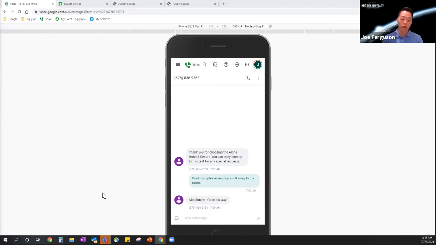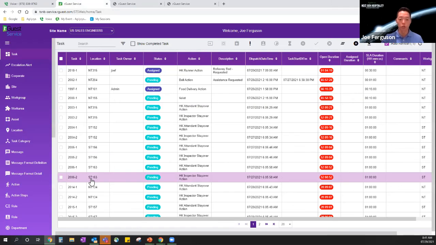So far in this scenario, we've sent that automatic text to the guest, and the guest is responding back to ask for a rollaway. And the business is now taking that request and said, absolutely, we're going to respond back to the guest. But now we're going to fulfill that request using our guest service and with LMS or Agilysys Stay or Visual One. So here, as I go into our guest service, this is the task screen of our